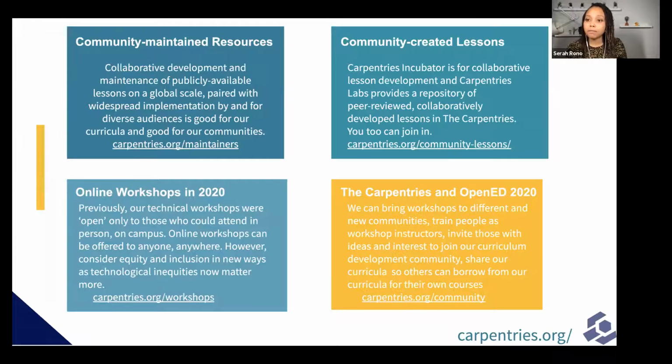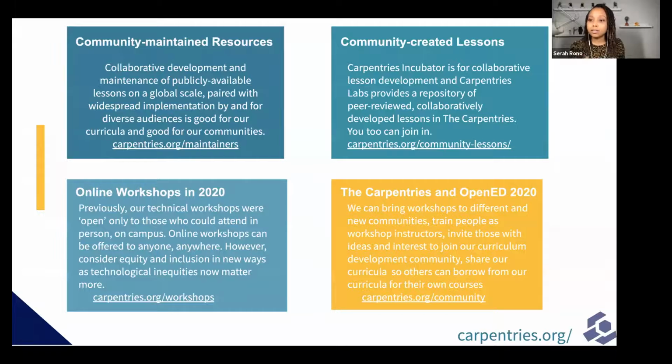In addition to the core lessons that the Carpentries has, there are many times when community members come and say, I'm from such and such a domain, and we think a carpentry style lesson will benefit community members in our domain, but such a lesson does not yet exist. So we have the Carpentries Incubator Program, which invites community members in for collaborative lesson development using carpentry style guides.